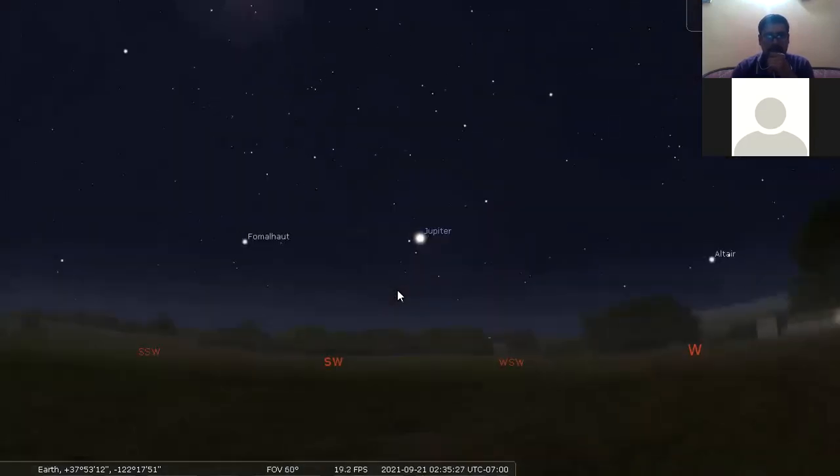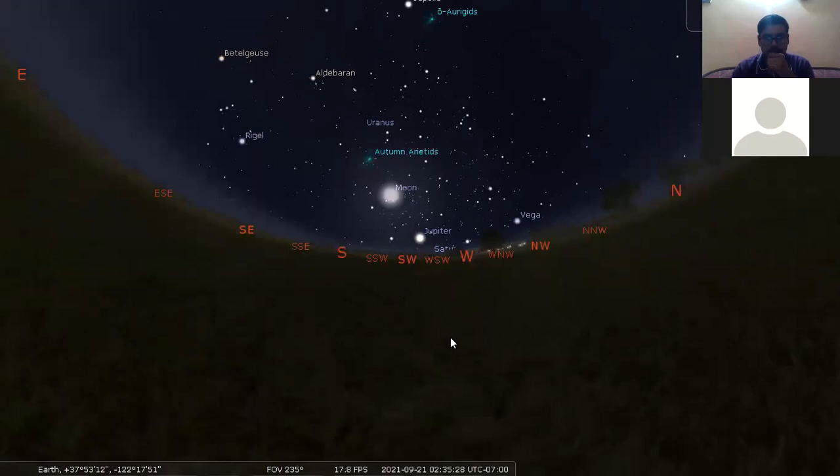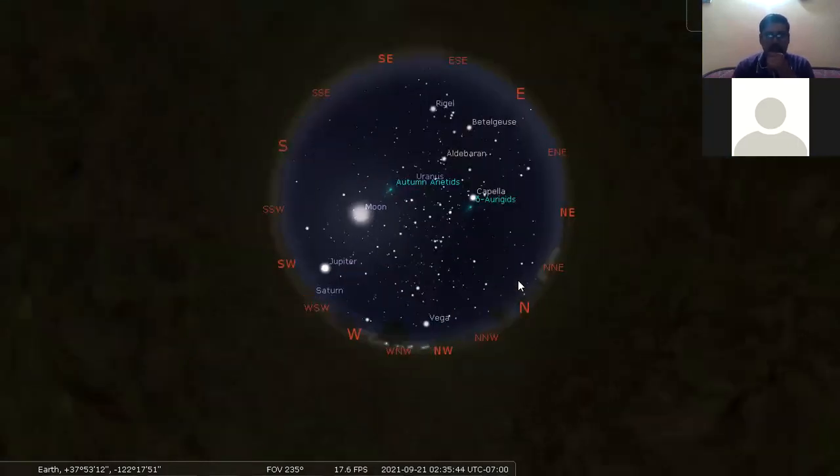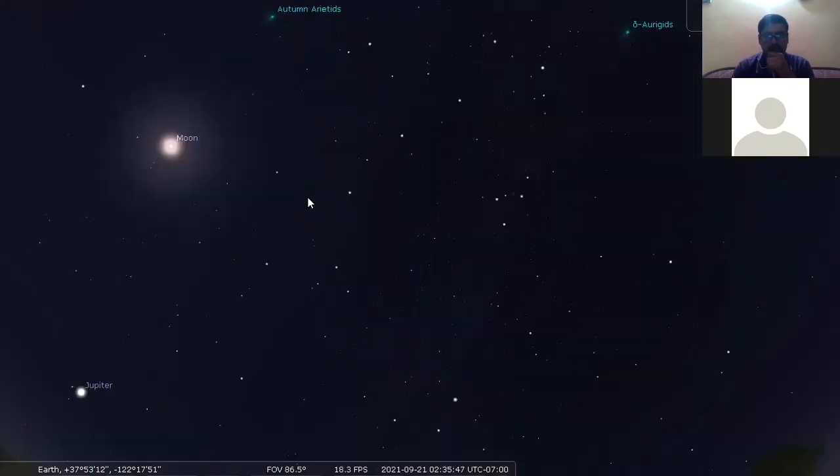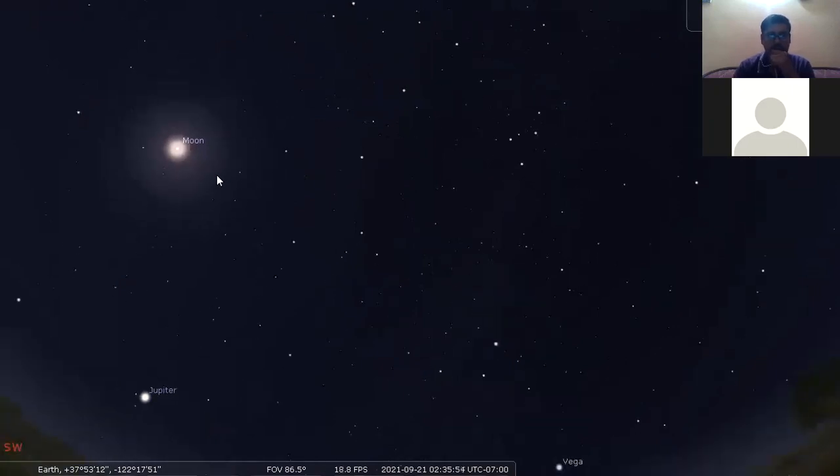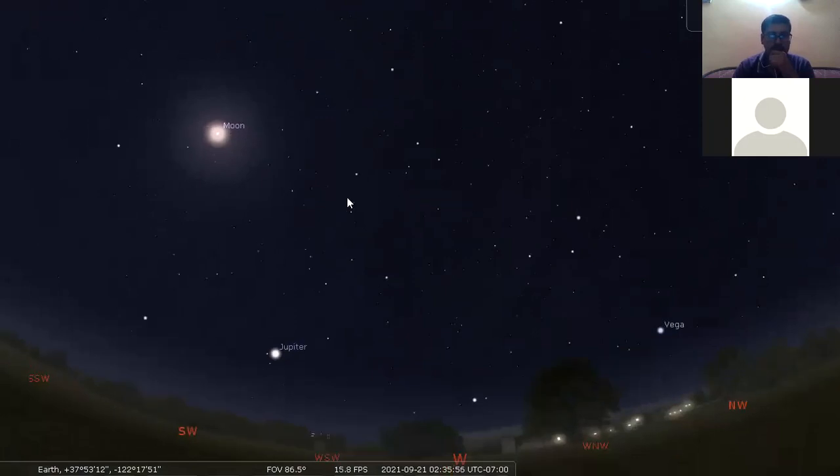This Stellarium software, I recommend you all install on your mobiles, and it can be installed on a laptop too. You can download it from the Google Play Store and from the iOS Store as well. If you really want to show someone the bright image and colorful scenery of the stars, you can share that picture too. And if you have an interest yourself, you can view the image from it as well.